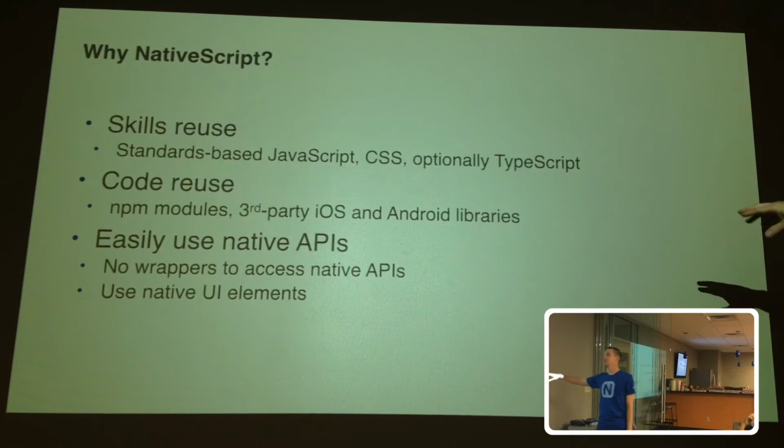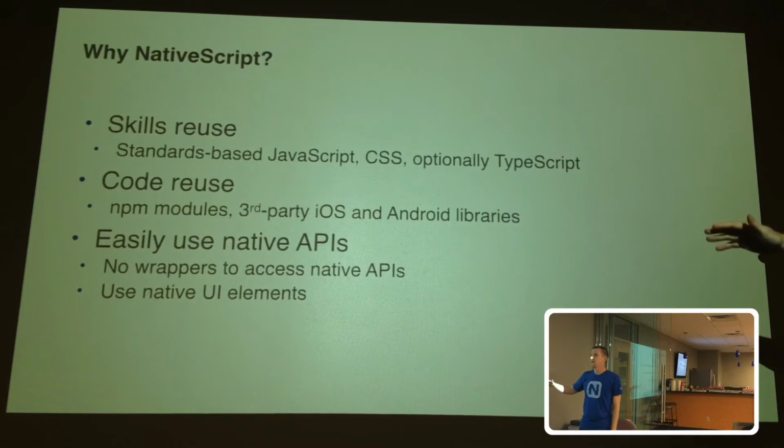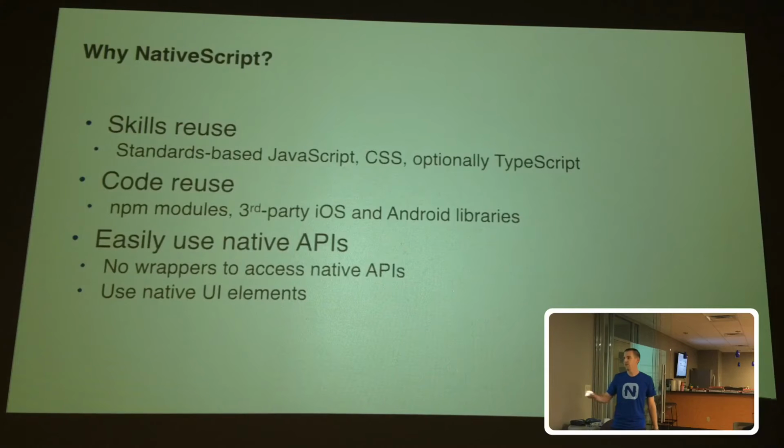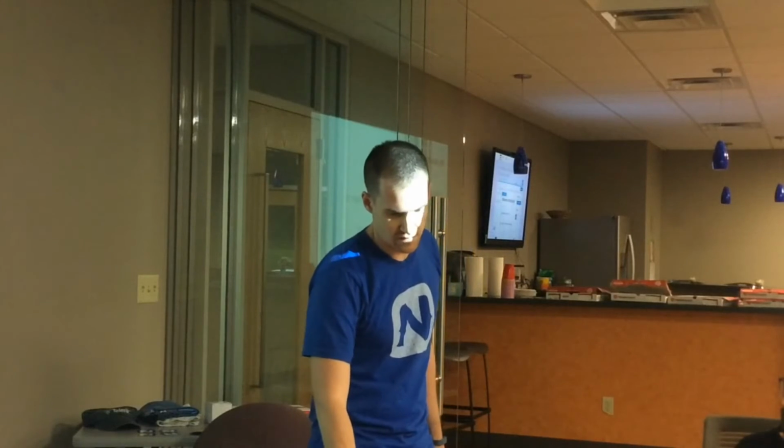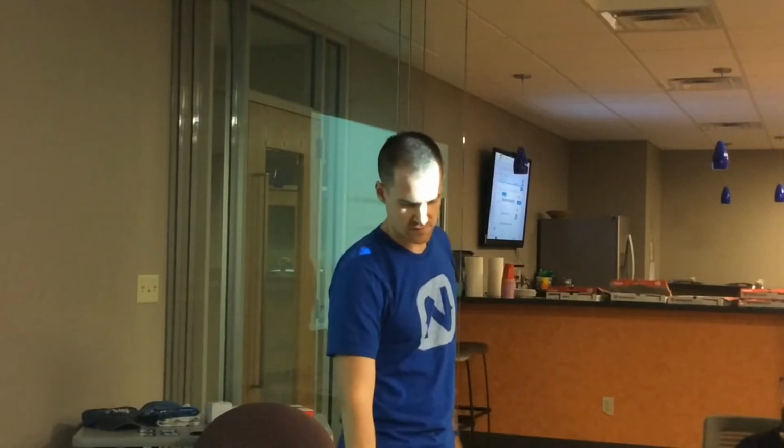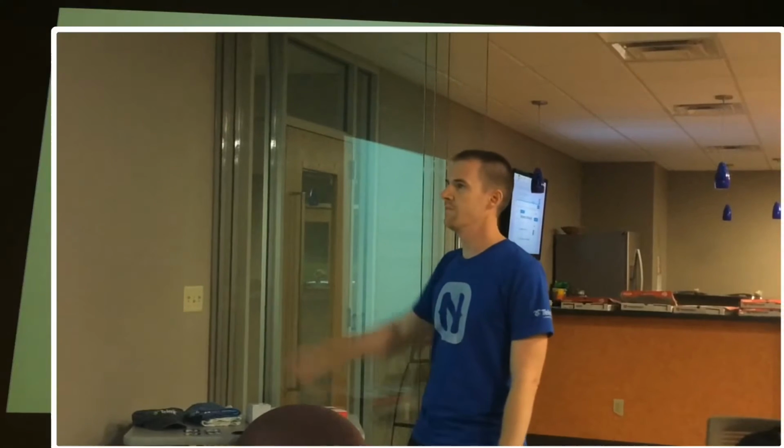This last part here is really cool. They're easy-to-use native APIs, and what that means is if you know Objective-C or you know Java for Android, this is going to look very, very familiar. It's JavaScript, but the calls are all the same, and we'll look at an example of those in a little bit here. And open source, forgot to hit the button there.